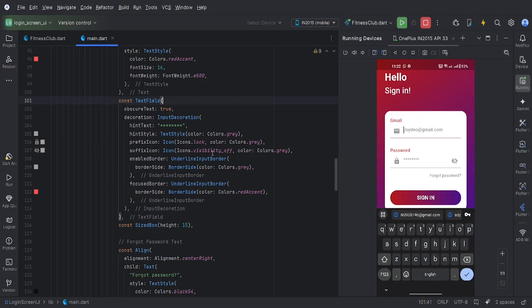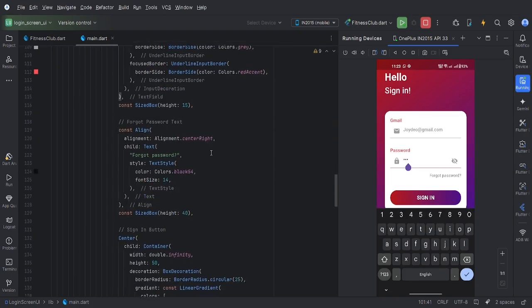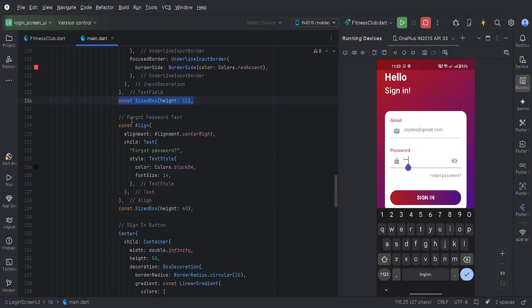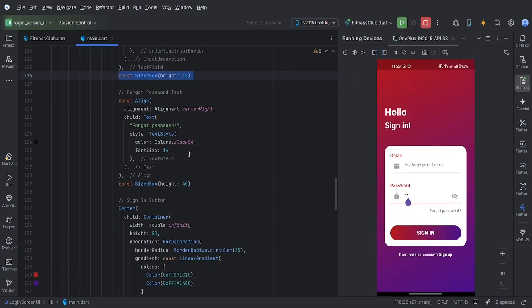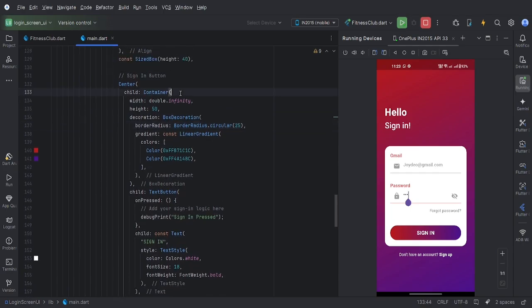And here I have used these two, this visibility icon to show, and sorry I haven't performed the backend on this. Click, and here I provided margin between these forget text and password text input. Here again a margin between these two button and forget password, and I have used a container for this button